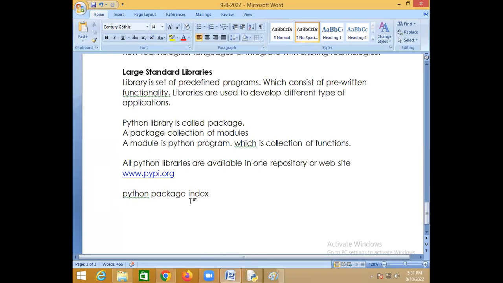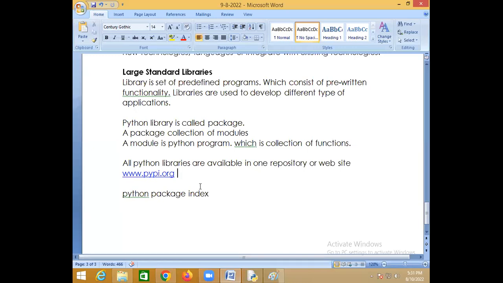Application specific libraries, you don't get with the Python software. You have to download them from the Python package index, which is www.pypi.org. If you ask the people who completed Python where these Python libraries are available, they cannot tell.